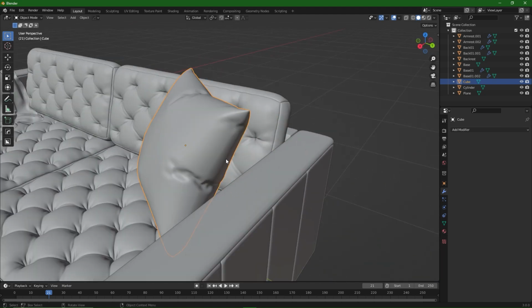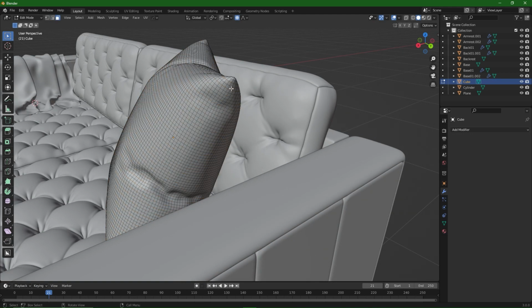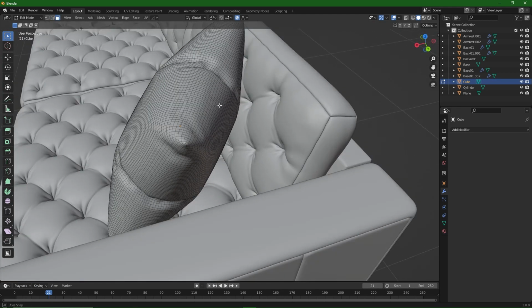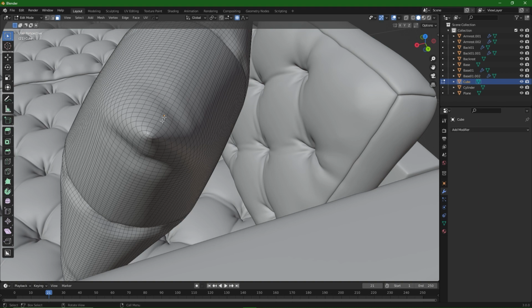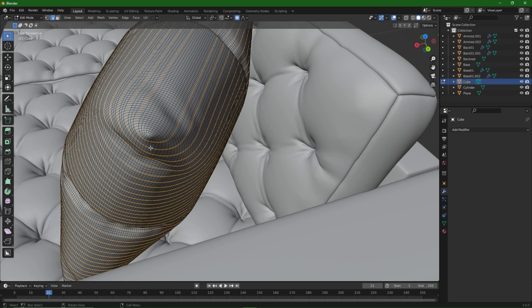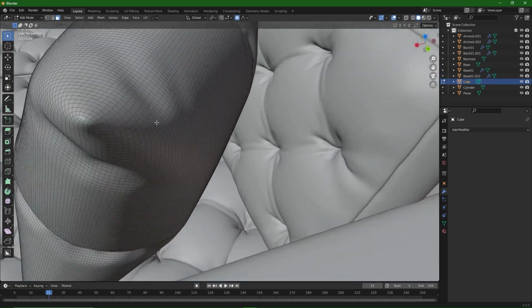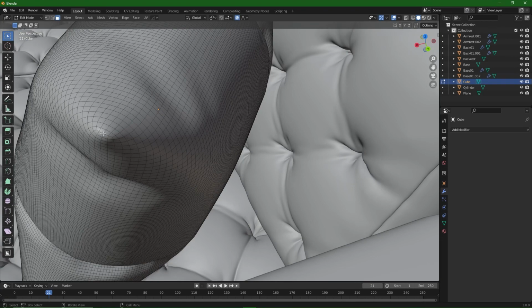Alright, so now we can go into face select, and we want to select this face that runs right through here. I'm actually just going to go back one step and then just add 2 segments to this and apply. Now if we go into edge select mode, we've got a smaller face running down here, and we want to select these parts here. So we just alt select,